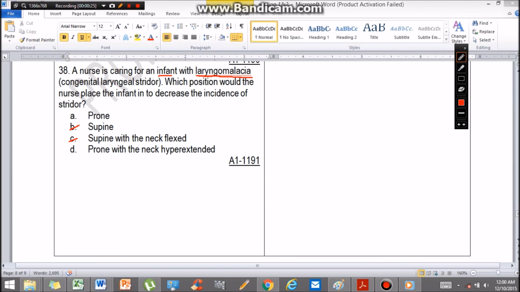Between A and D, the best answer here is D. Based on your book, prone with the neck hyperextended will facilitate breathing to these patients. Now, for you to be able to understand this more, you need to review your concept on laryngomalacia. Next,